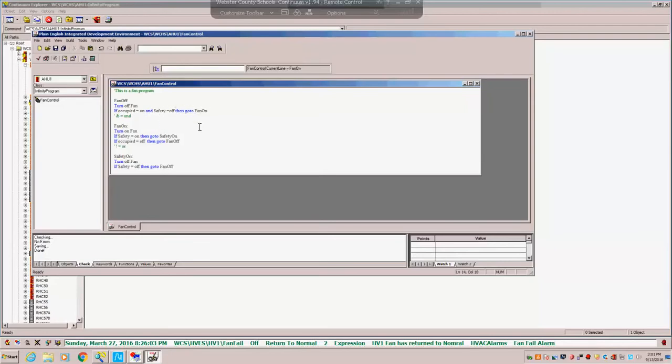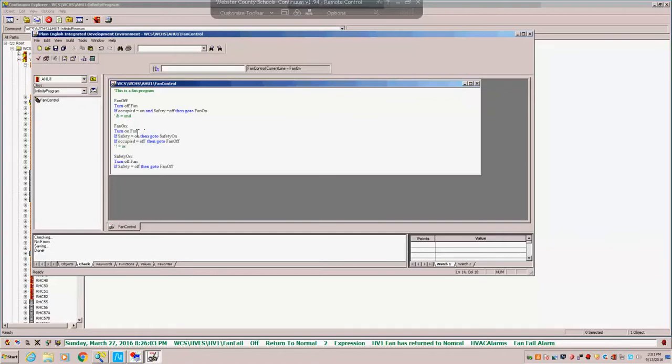But if we do turn the fan on, it's going to sit here and look at these 2 lines here. How this scans is it looks at the first thing, it turns on the fan. It looks at the next line. It says if this is true, I am going to do whatever this says to do. If that's not true, I will go down to the next line. And if that's true, I will do whatever that says to do. But the first one that becomes true,